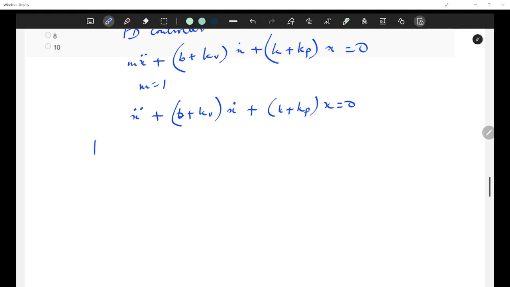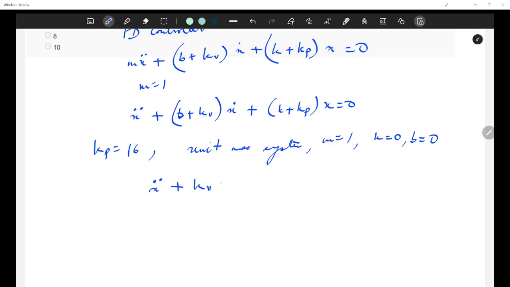What is given to us? kp is equal to 16. It is a unit mass system. Okay. So we assume M is equal to 1, K is equal to 0, B is equal to 0, because we don't want to assume any inherent damping. So the equation actually reduces to x double dot plus kv x dot plus 16x is equal to 0.